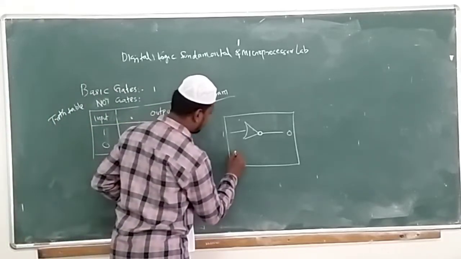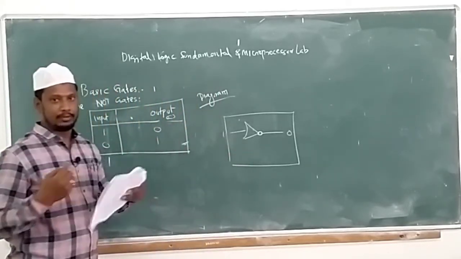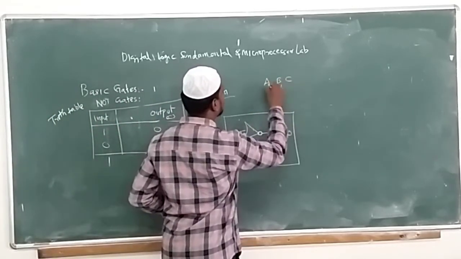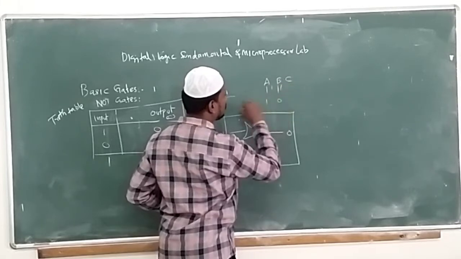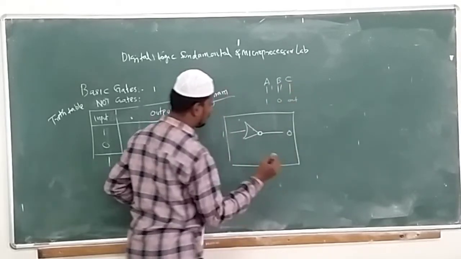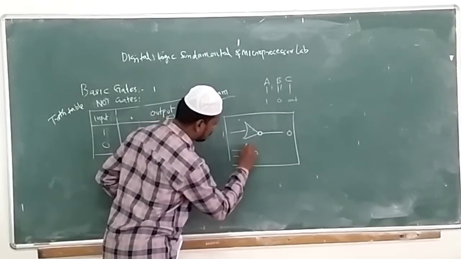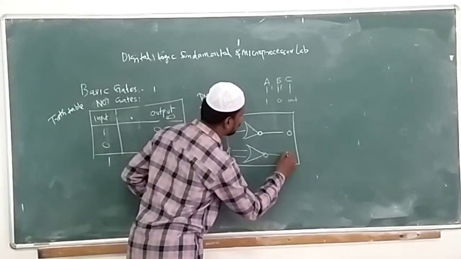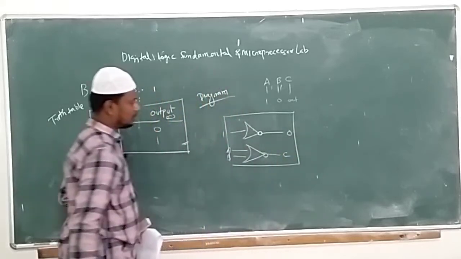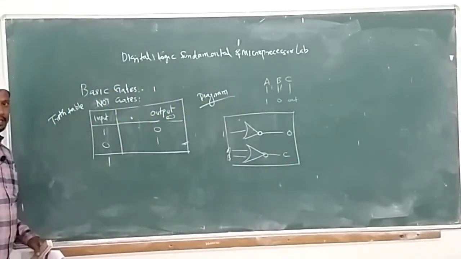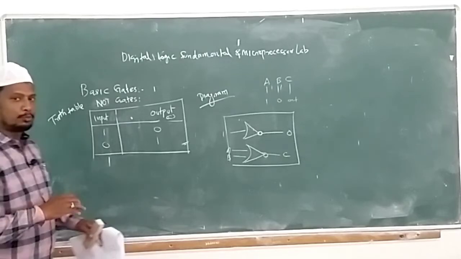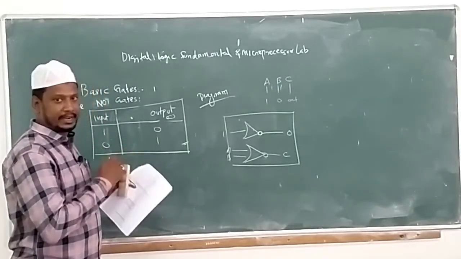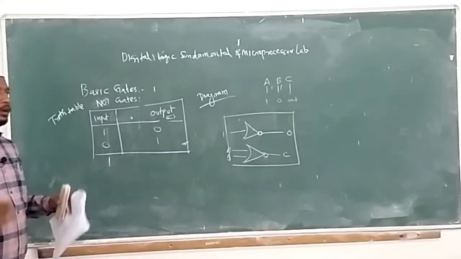Okay. So again, for example, take the values A, B and C. For example, A value is 1, B value is 0, and the output comes from the diagram. So, for this type of diagram, A value, B value, this is the output C. At the time of the practical exercise you can clearly understand how the output is generated. Okay. So this is the theoretical part, where you understand the gates. After that we will go to the simulator.